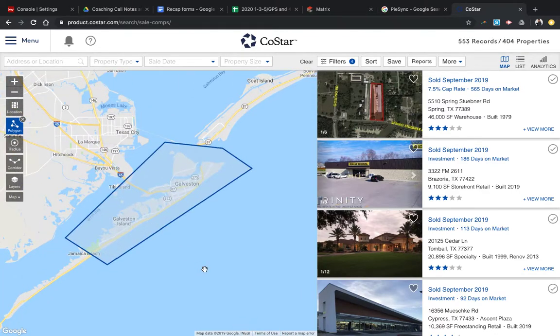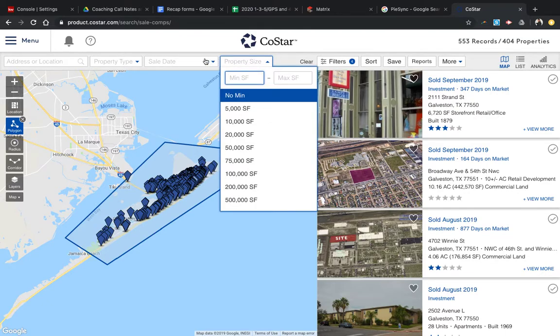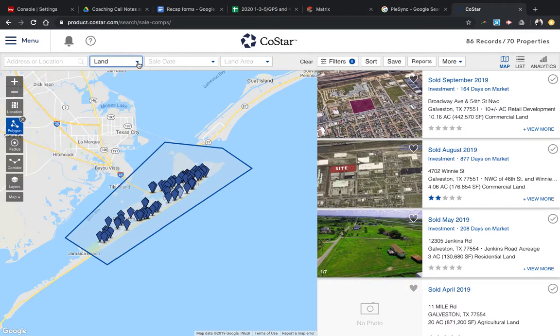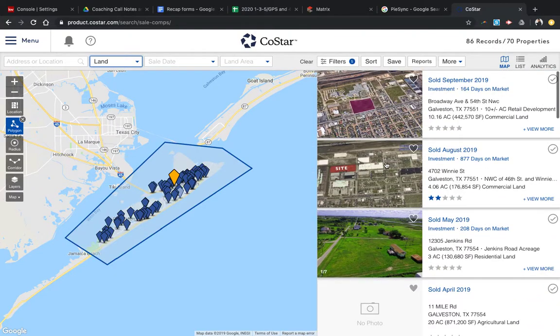area. Okay. You go for people that bought land. Any buyers or sellers. Filter it down by property type. Oh, there it is. Let's see how many comps that gives us. Say 86. Okay. So from there, click list,